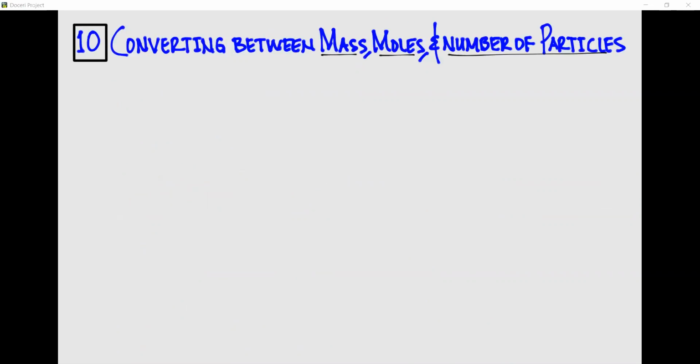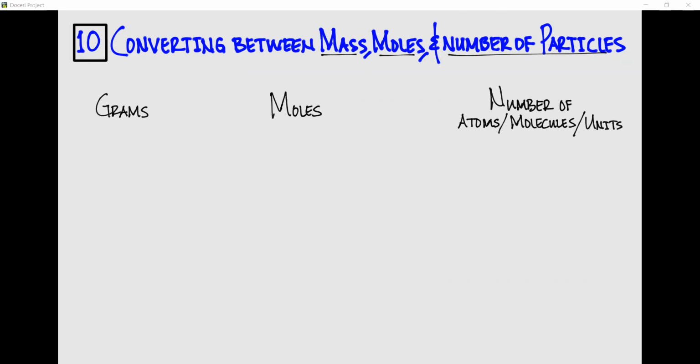All right, the next concept here is how to convert between mass, number of moles, and number of particles. All right, so here's a diagram that can help you convert from grams to moles to number of atoms, molecules, or units. Units as in for ionic compounds. All right, so here you can convert from mass to number of moles going in this direction, mass to moles, by using an